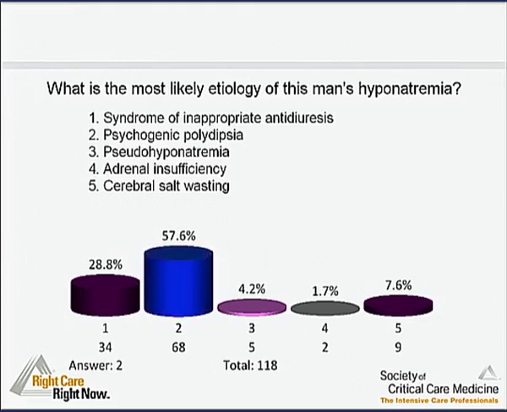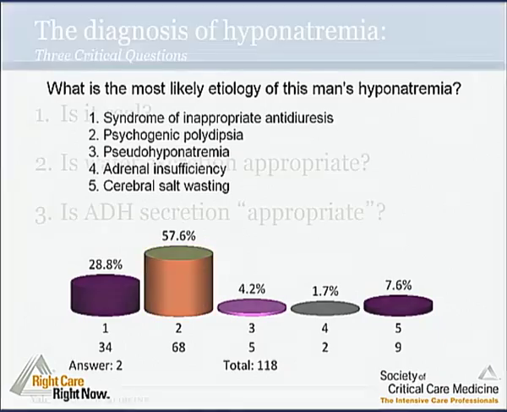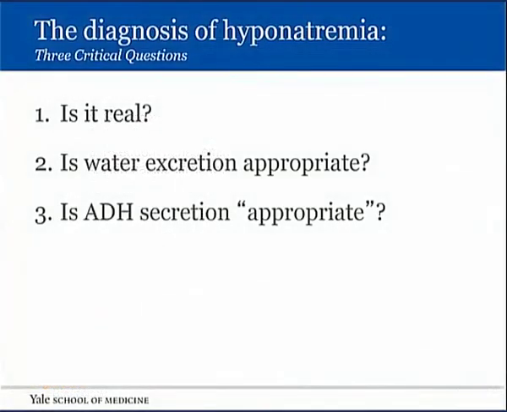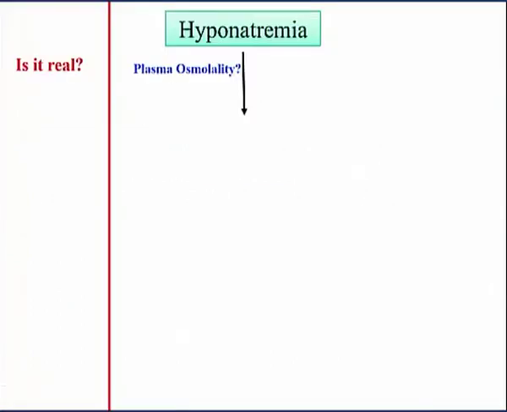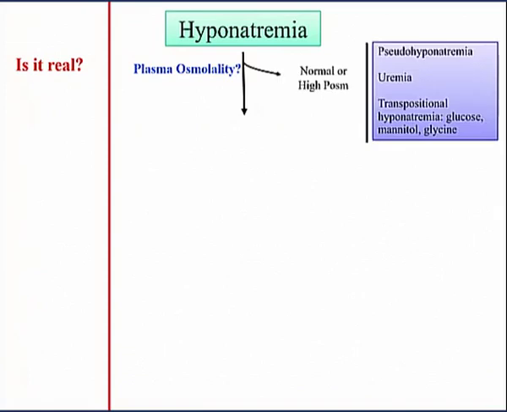So, to approach the diagnosis of hyponatremia, we ask 3 critical questions. The first one is, is it real? And to ask if it's real, we see what the plasma osmolality is. And if the plasma osmolality is depressed, then it's a real hyponatremia. If the osmolality is normal or high, then the patient has something else, either pseudohyponatremia, which